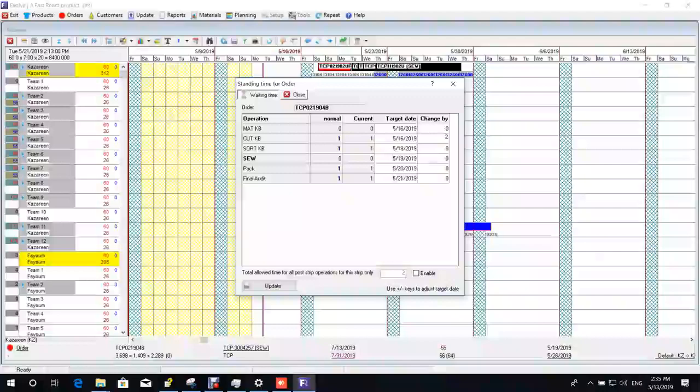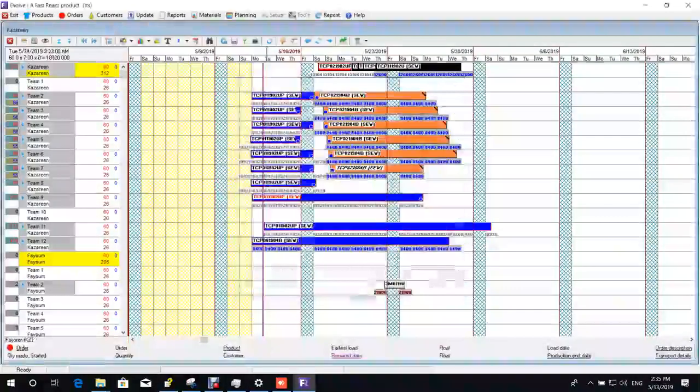So set to 2, update, and what that'll do to the order is give you this blue swatch at the bottom left-hand corner to identify you've applied a change in standing time, which is different from the default. Because what effectively that does is push out your schedule for your other operations. So that schedule report that we're talking about to show you the quantities will give you new dates against your